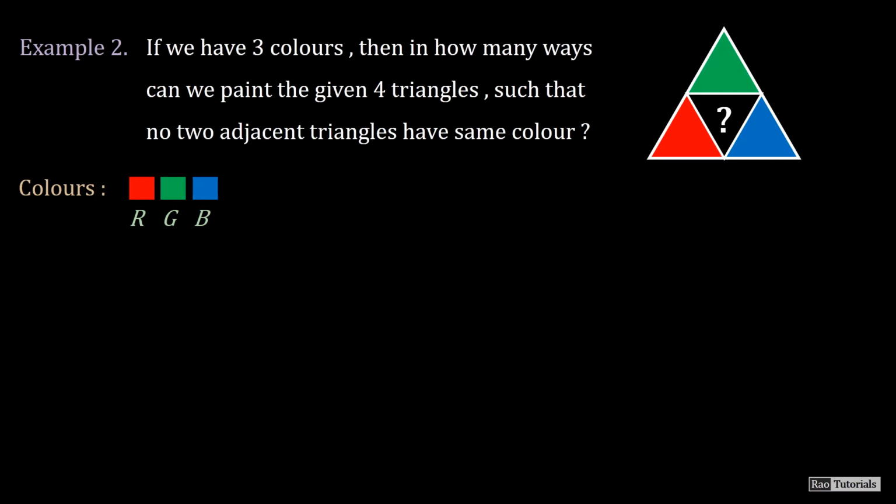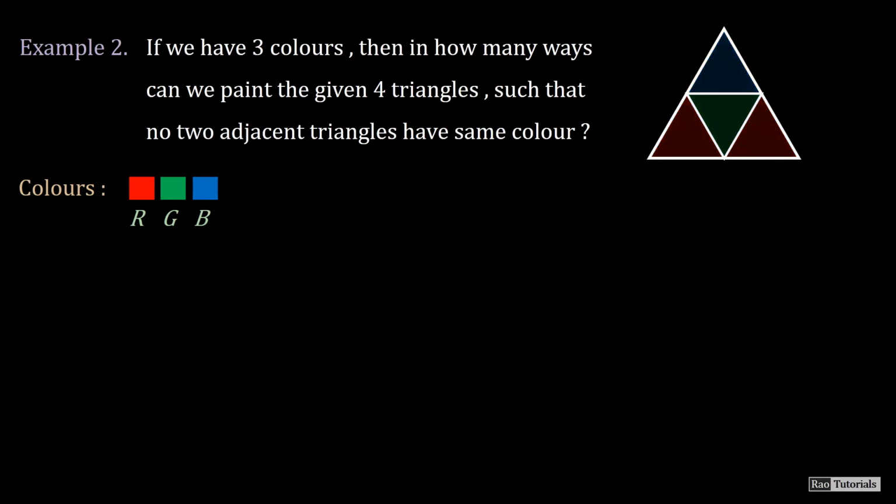To avoid that kind of deadlock, we should not switch randomly from triangle to triangle, coloring them. Instead, after starting with any triangle, we should go to a triangle that is adjacent to the previous one. So if we color this triangle as red, then the next triangle should be this adjacent triangle, which has to be of different color. Let it be green. Now we can move on to either of these triangles as both of them are adjacent to the previous one, they cannot be green. We may color them both red or both blue or one blue, one red.